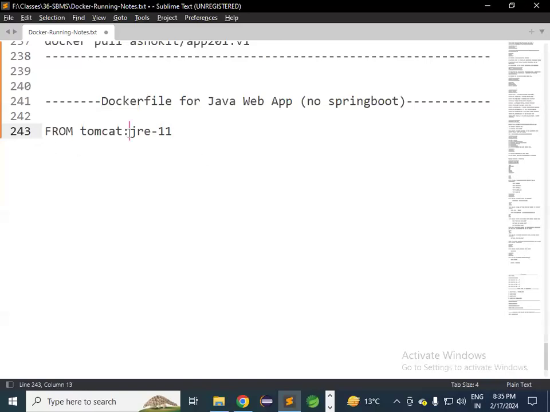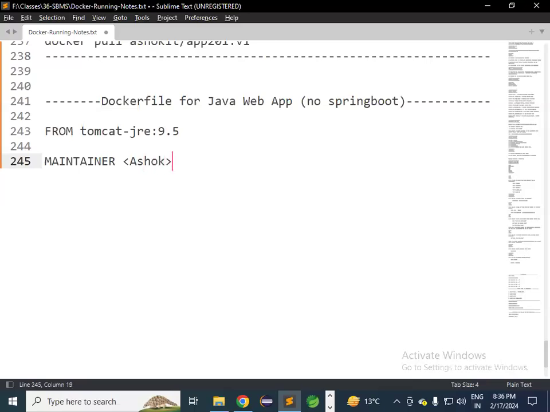When I specify the base image as Tomcat with JRE colon 9.5, it is going to download the Tomcat server. Tomcat is developed using Java, so to run Tomcat, Java is required. Docker will install Java, then it will install Tomcat. A direct official image is available for Tomcat. So when you use Tomcat, Java plus Tomcat will be installed in the container. Got it? Once we specify the base image,